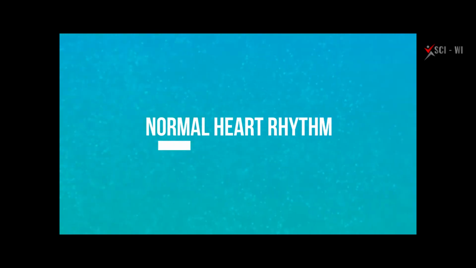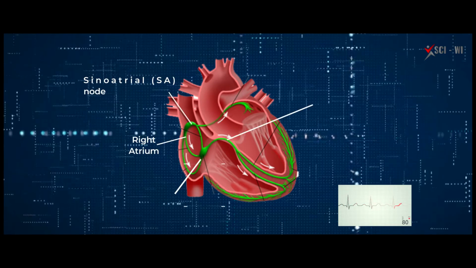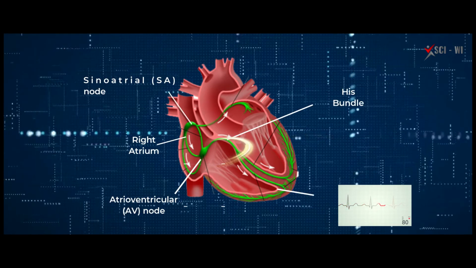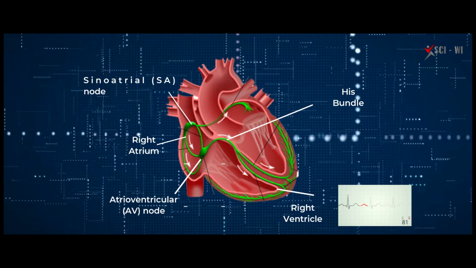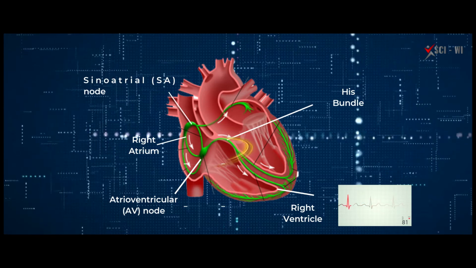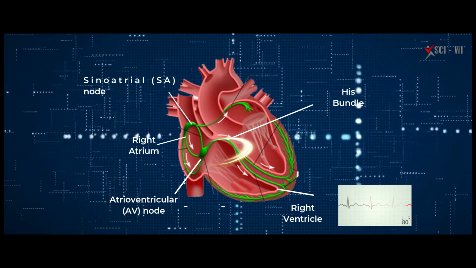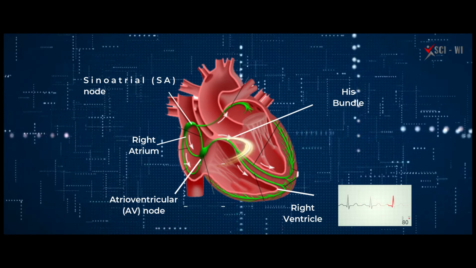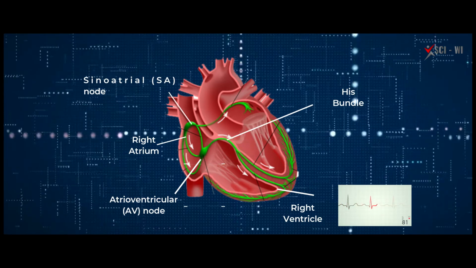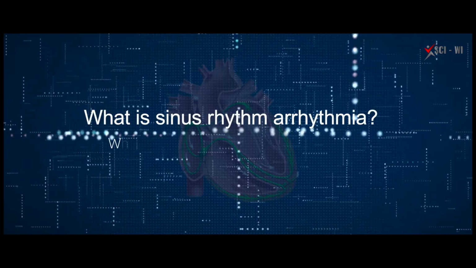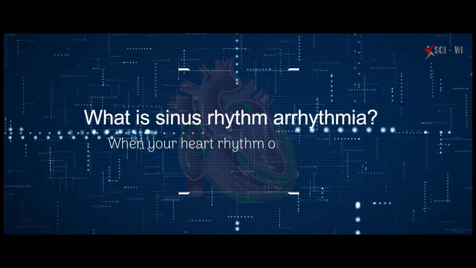Normal heart rhythm is defined as the rhythm of a healthy heart. It means electrical pulses from your sinus node are being properly transmitted throughout the heart muscle. In adults, normal sinus rhythm usually accompanies a heart rate of 60 to 100 beats per minute.